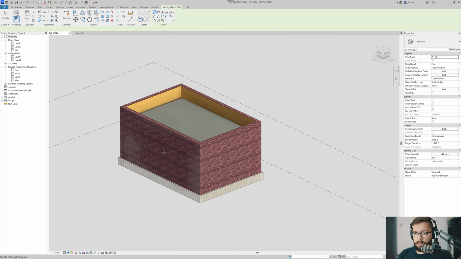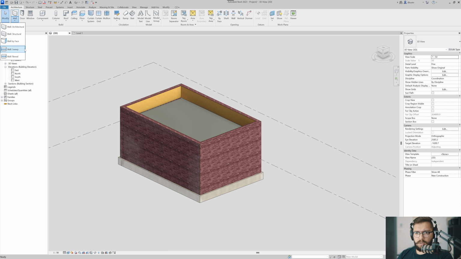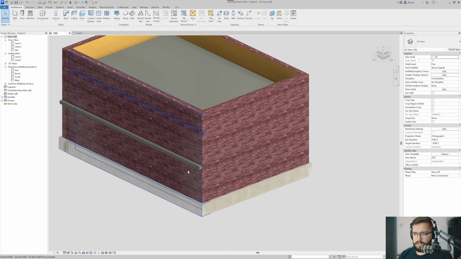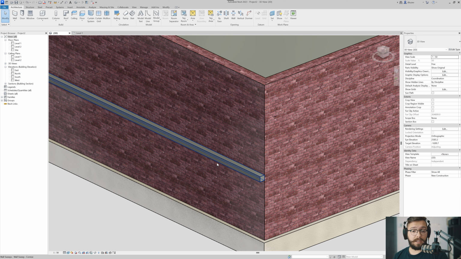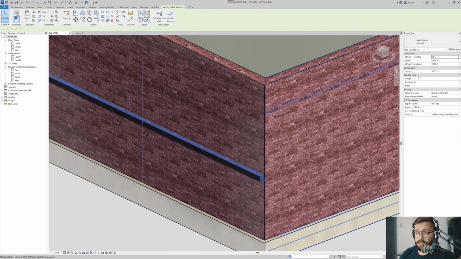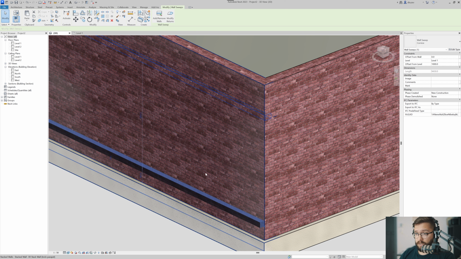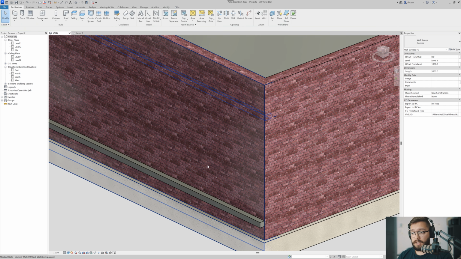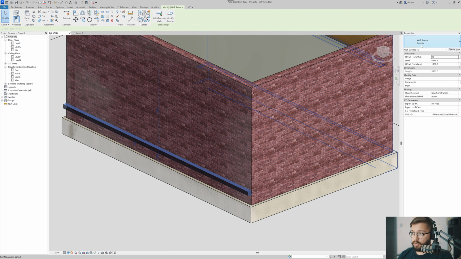Now, by the way, I'm just going to mention this very quickly. So let's say if I just create this sweep here, they behave like any other family in Revit, in the sense that you can select them, and first of all, they're assigned to a level. So if you always need them to be exactly 1 meter from, let's say in this case, level 1, you can do that. You can also edit their type